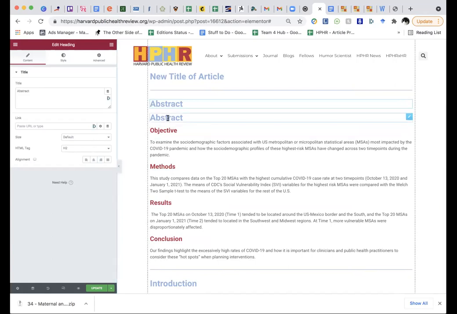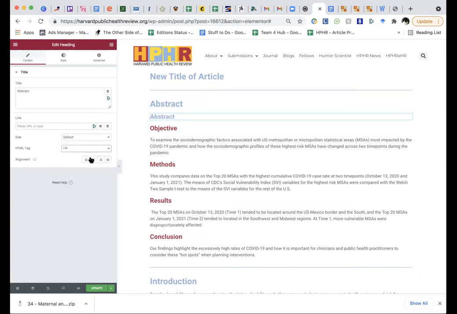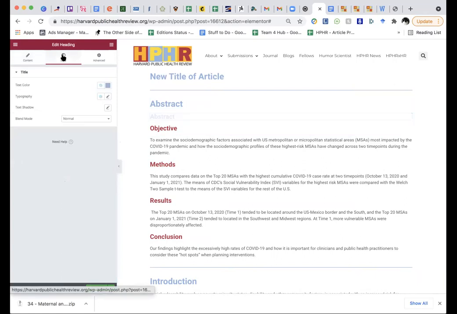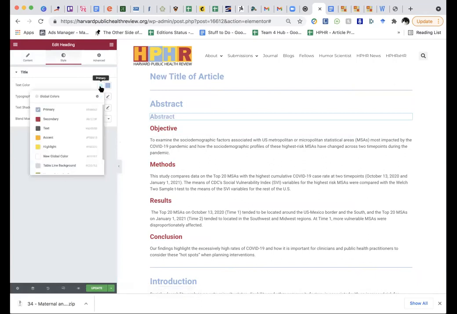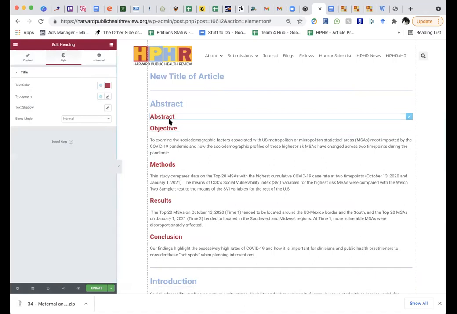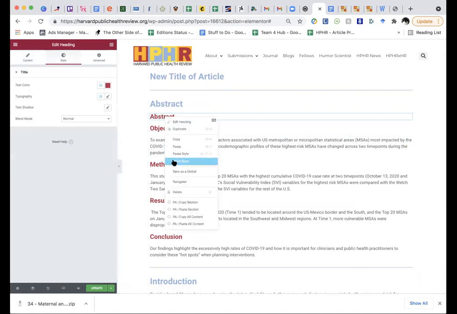This is H2. This is a little smaller. This is an H4. To make it that red color, we're going to come over to the style section up here in the middle. We're going to go back to our globe and we're going to hit the red. And then suddenly you can see it matches. Since we don't need it, we're just going to delete it.